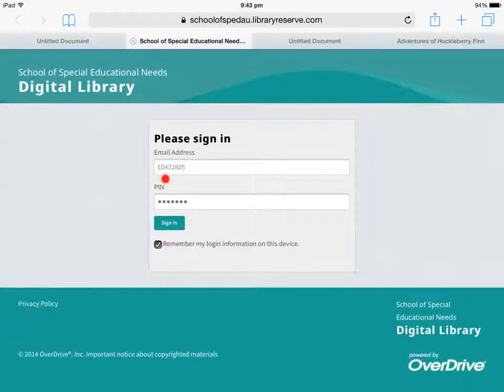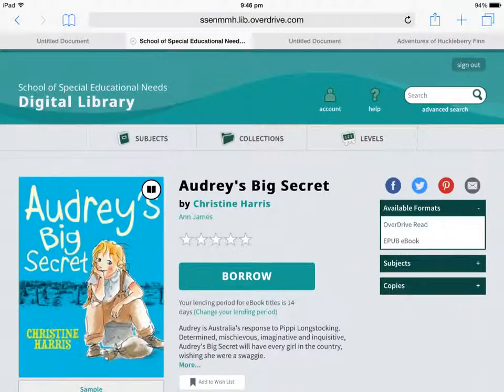So just remember that is not an email address, it's an e-number, and that's the PIN number which has been allocated to you, and there's a list for every staff member with a 3-letter and 4-digit number after that. Of course, the next step is to touch sign in, and here we have our text, and here we have the borrow button, and we have a 14-day lending period by default,